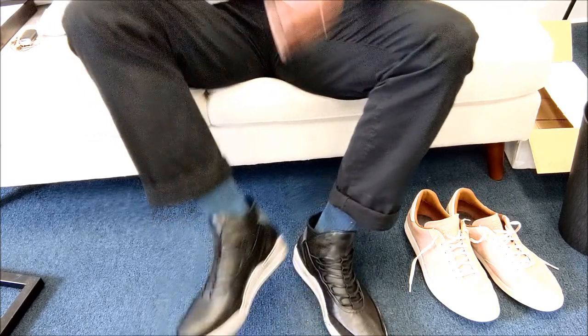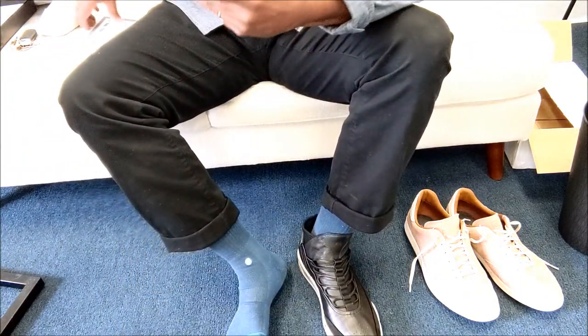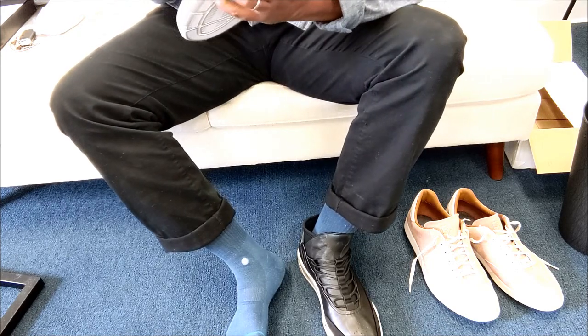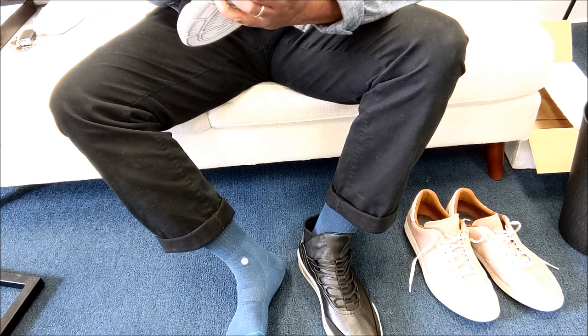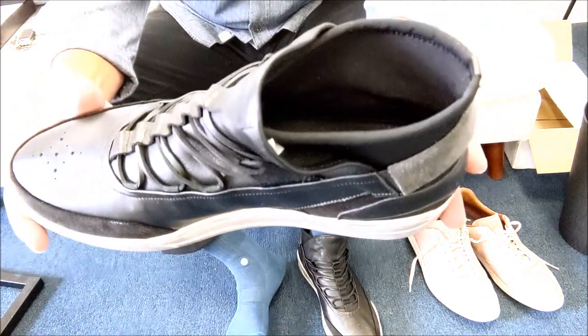Now, the one thing I did forget to show you was the heel here. And I think that's Isamu Jarman. I think those are his initials. Yep, IJ on the back. But man,